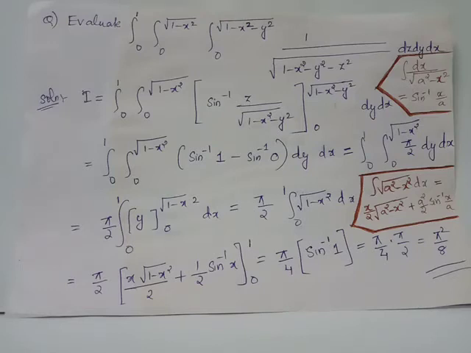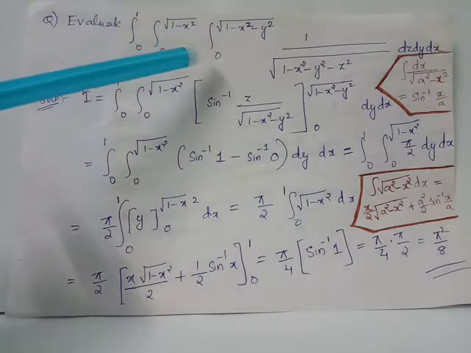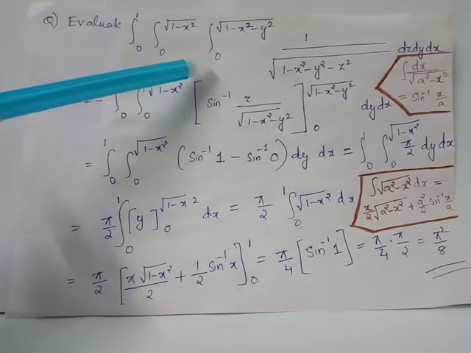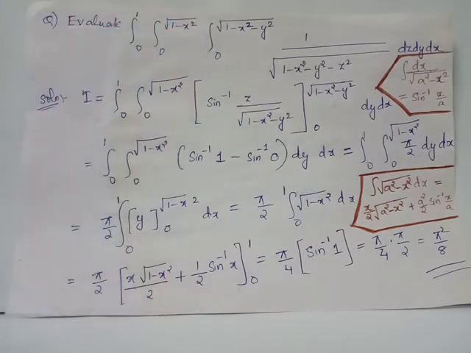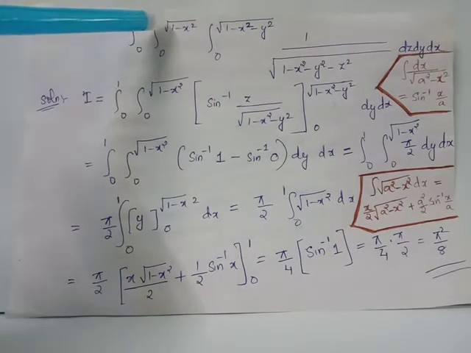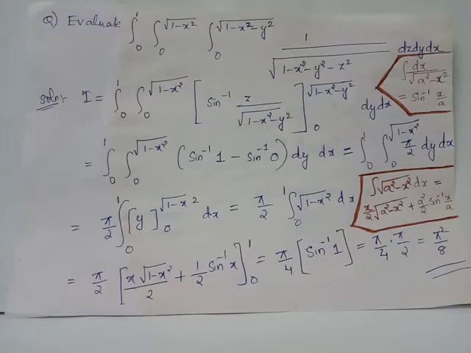Let us evaluate the triple integral. We have z as the variable written innermost. It has the limits represented in the innermost integral, that is, z ranges from 0 to root of 1 minus x square minus y square. The next variable is y, which has limits from 0 to root of 1 minus x square. The last variable x has the limits of the outer integral, which is 0 to 1.